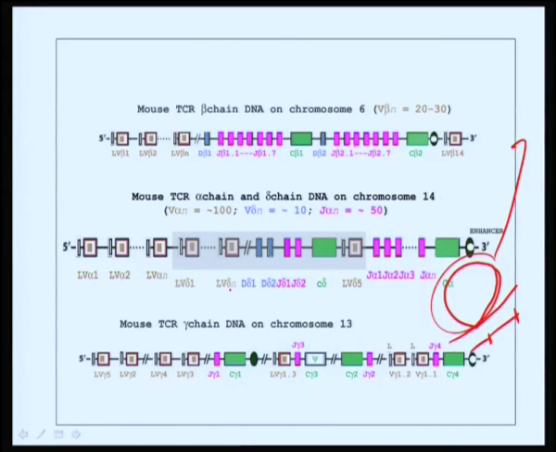This is a mechanism to ensure that an alpha chain rearranging cell will never have the delta, and therefore, it cannot become a gamma delta T cell. It can only become an alpha beta T cell. So, this is a very important part of T cell gene rearrangement, which is kind of different from the immunoglobulin